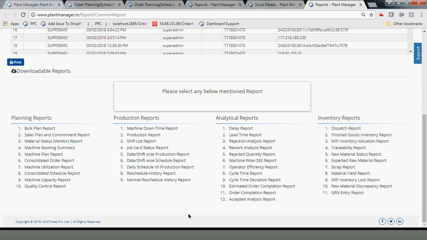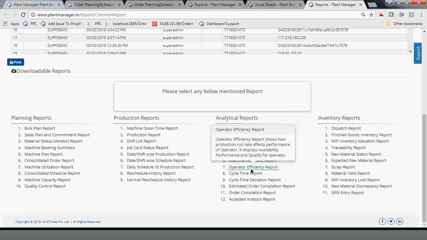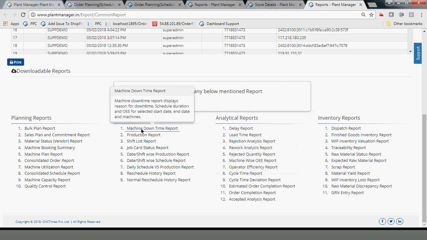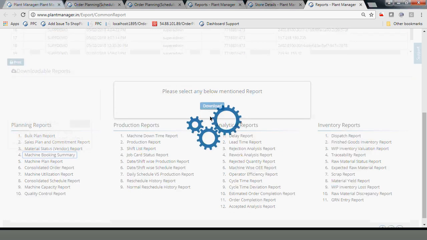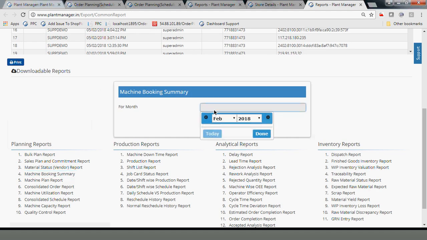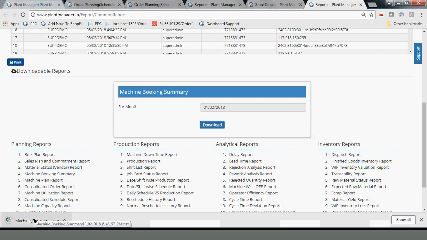Typically in downloadable reports we have machine-wise OEE, operator efficiency, machine downtime report, material status vendor report, and machine booking summary. I will just show you what the machine booking summary looks like. I just have to select a month in which I need to check my machine booking. So once I open this particular